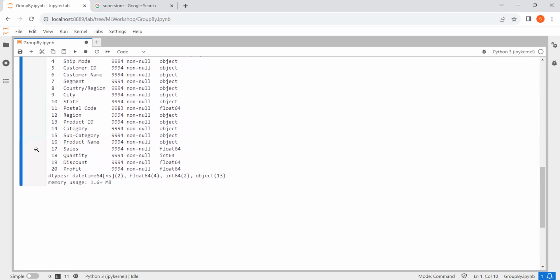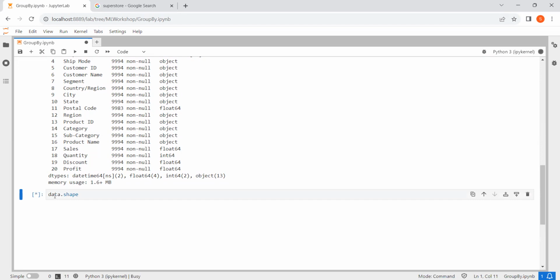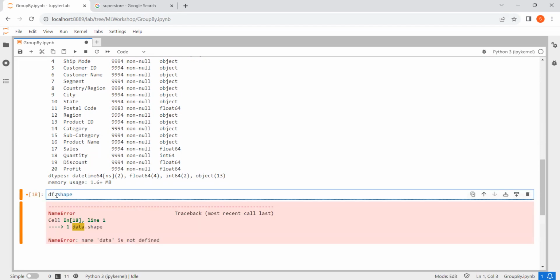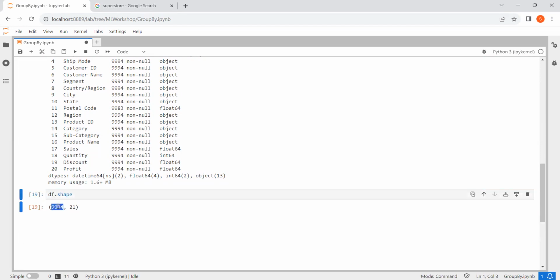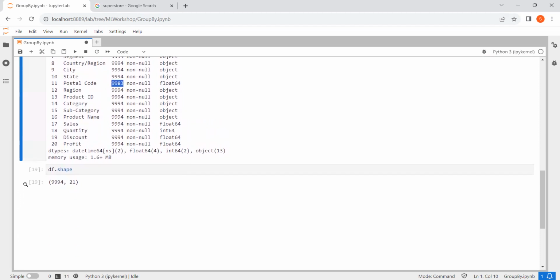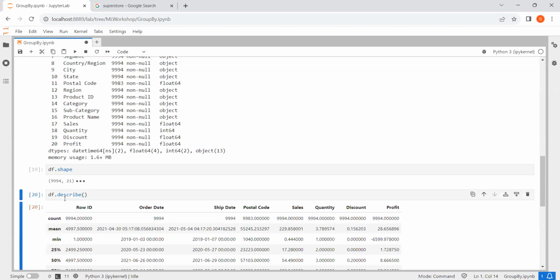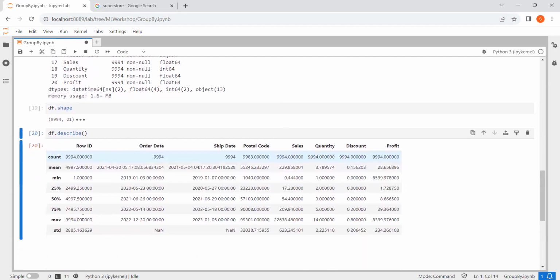Let's see what the shape looks like. Yes, dot shape. All right, so we have got 9,994 rows and 21 columns. Okay, so we have got one postal code column which has some values that need to be filled. All right, and then we'll go ahead and say describe,